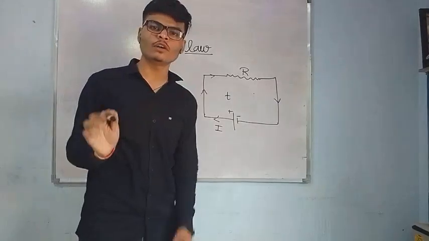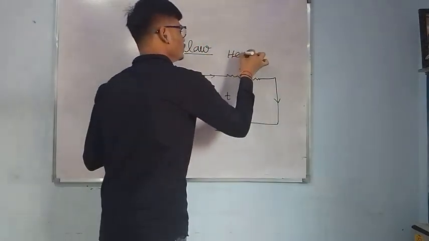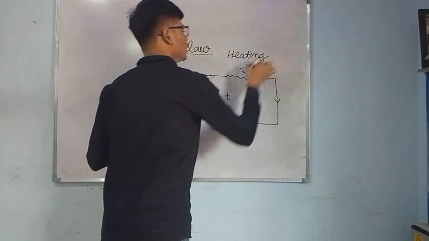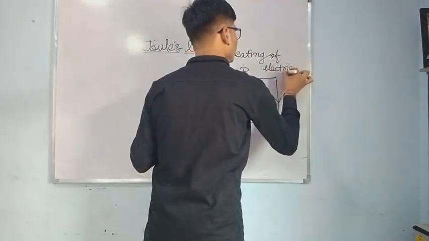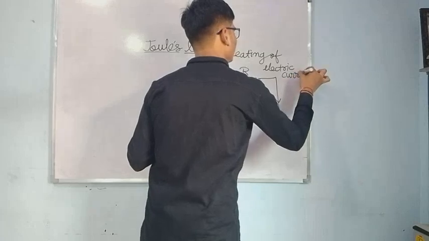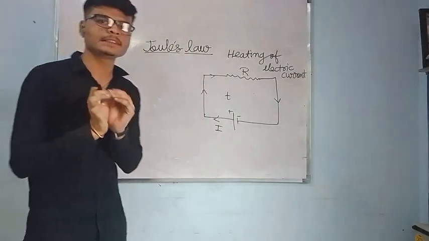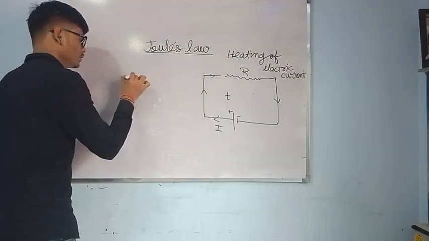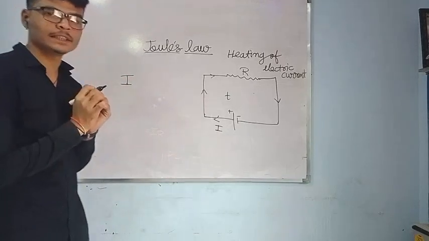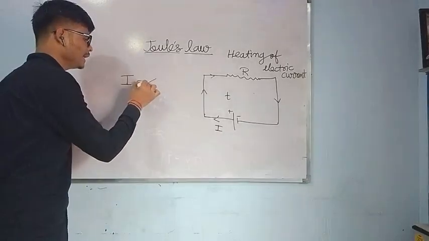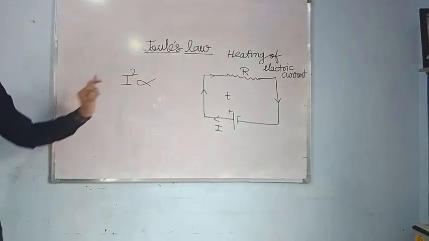So what does Joule's law of heating effect of electric current say? This law is regarding the heating effect of electric current. What does this law actually refer to? So the scientist Joule had said, who discovered the expression for energy, that I square, the current square,